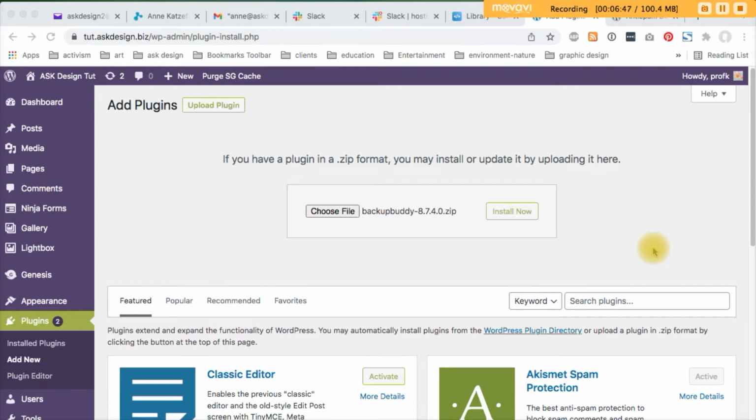In either case, the file you upload must be a zip archive, which is a compressed format. You can see it's here. So once it's uploaded, you can click the Install Now button, and once it's installed,